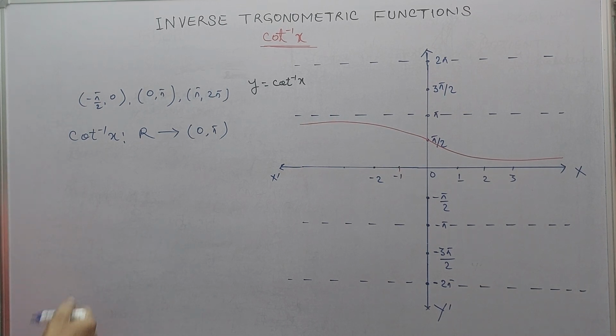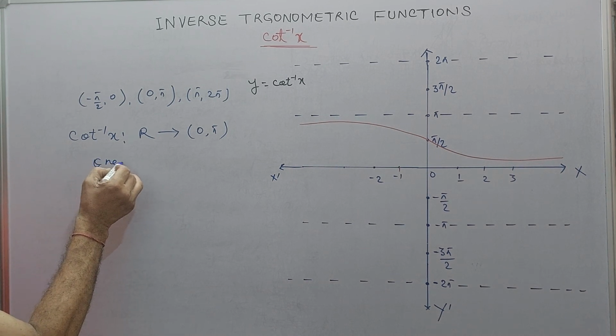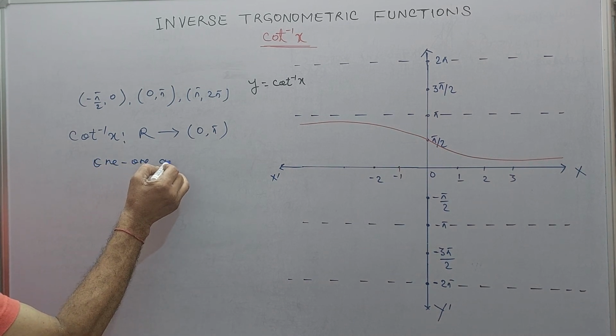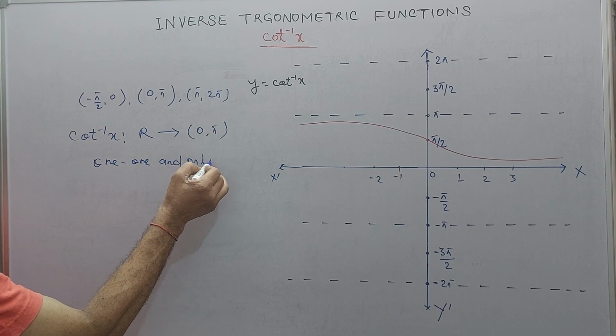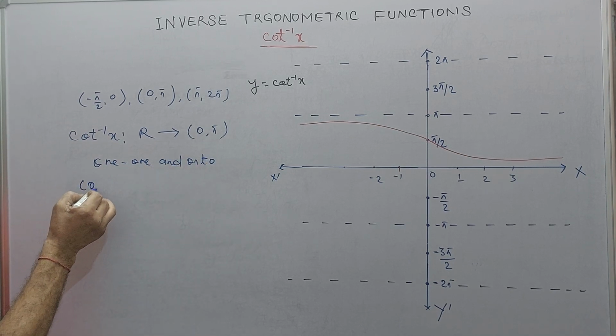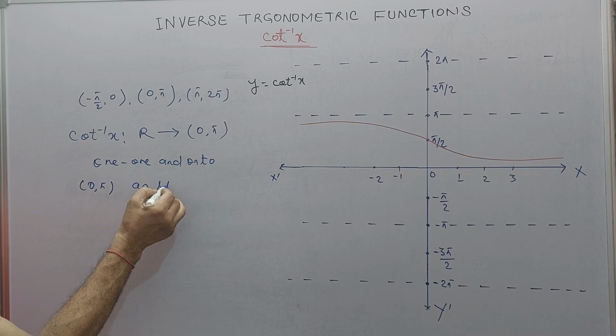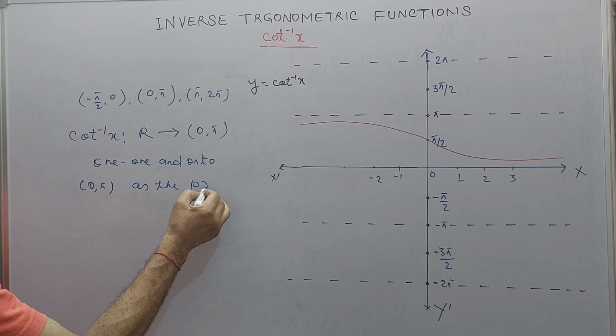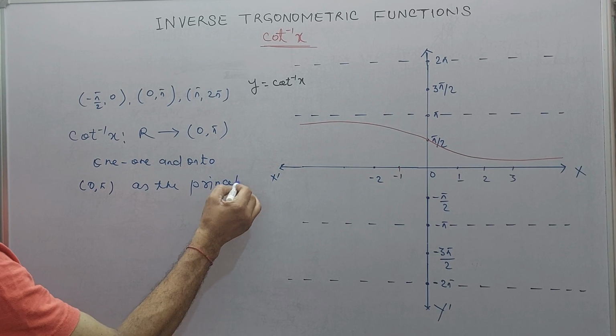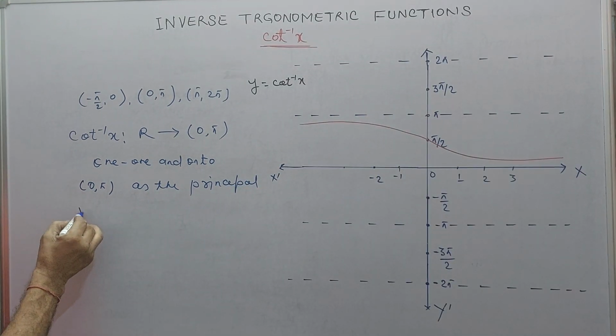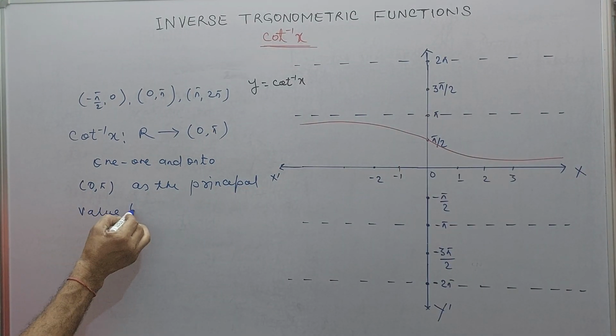So in this interval, cot inverse x will be a one-one and onto function. This interval 0 to pi is known as the principal value branch